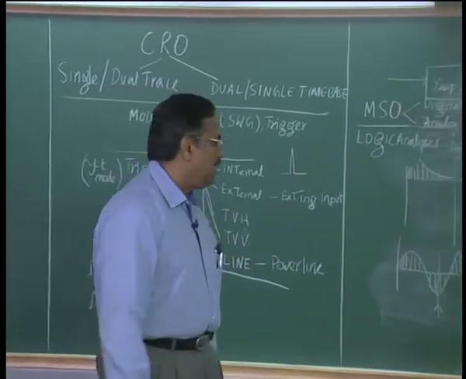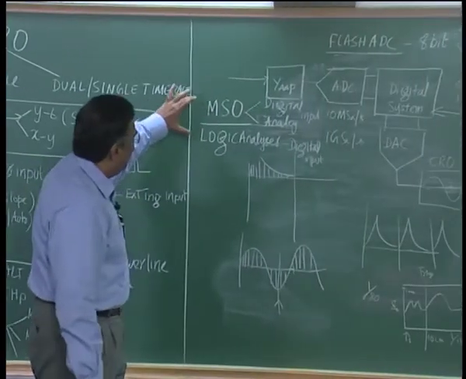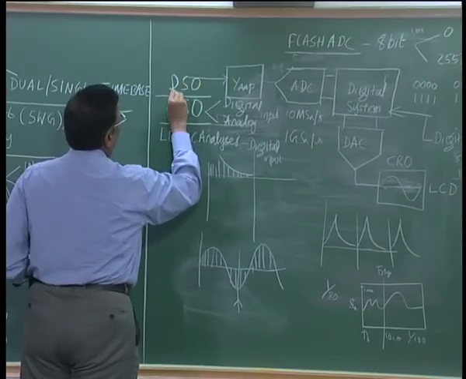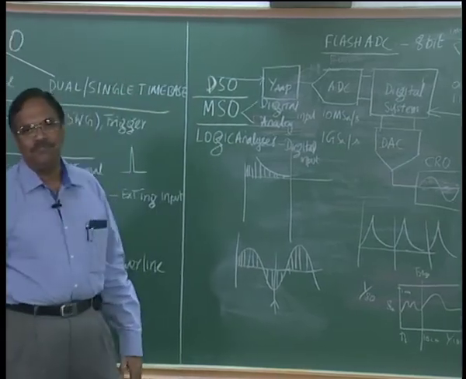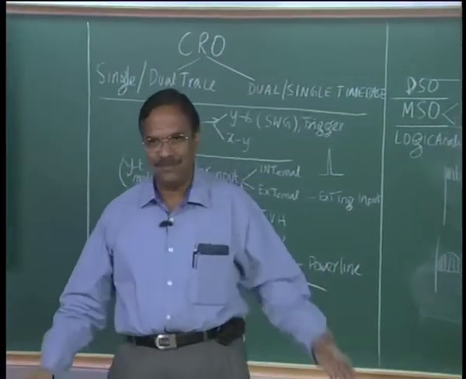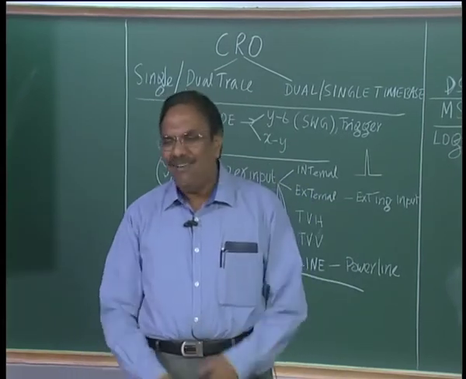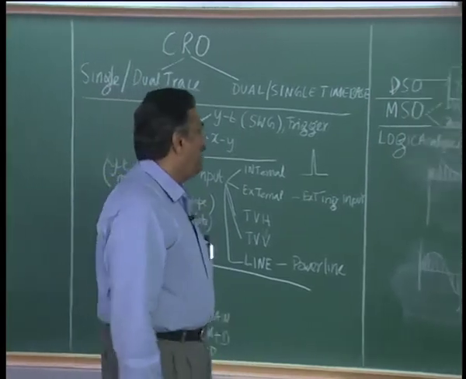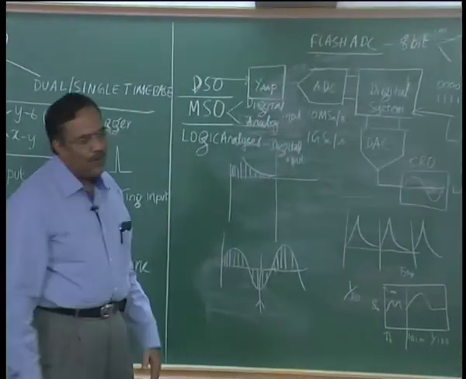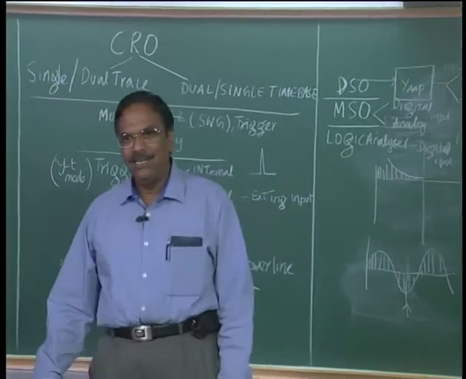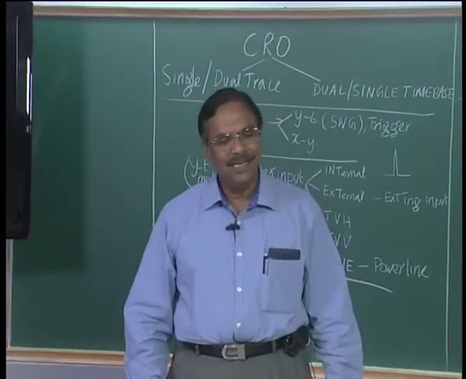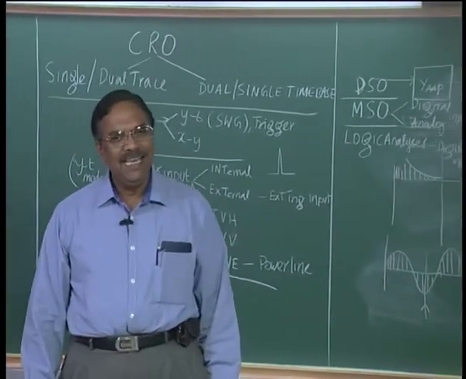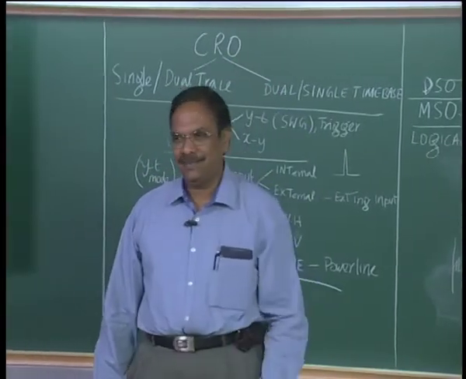The difference between a logic analyzer and a digital storage oscilloscope: a digital storage oscilloscope takes only analog signals and displays them, right, and of course when I have an analog signal input I can feed digital, there is no problem. When I talk about a mixed signal oscilloscope we have both digital and analog, right, it could be 2 analog inputs and 16 digital inputs, which means I will be able to see 18 signals on the screen.